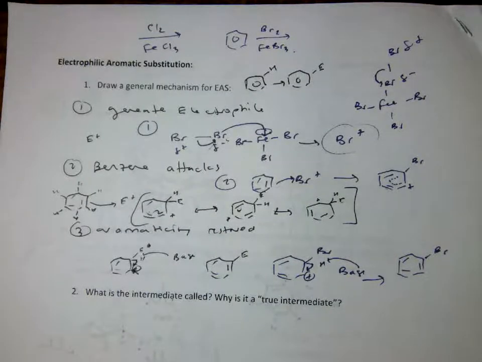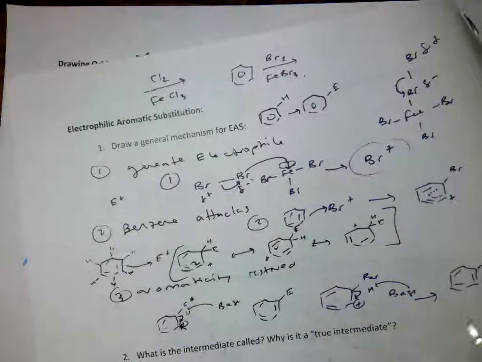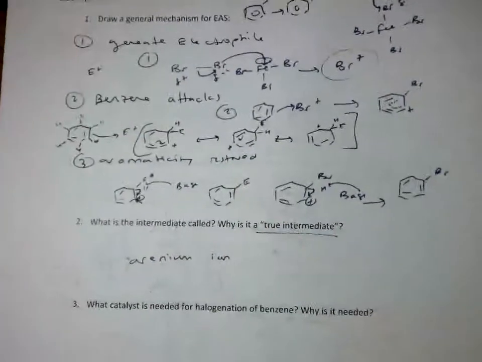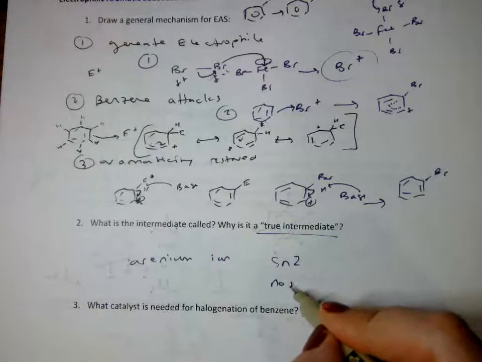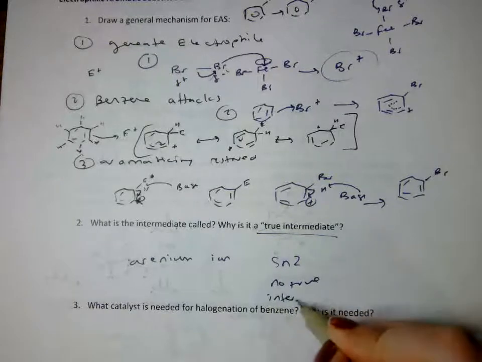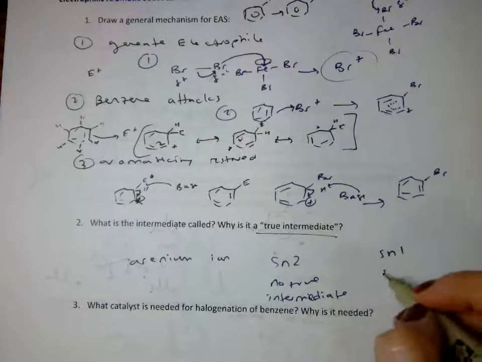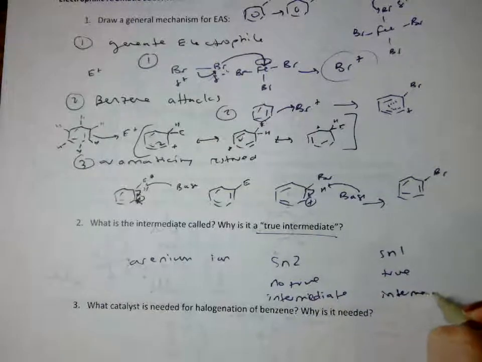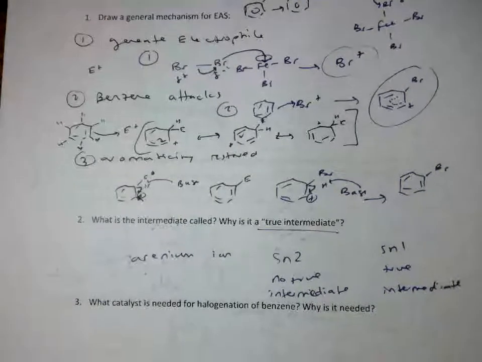Okay, that intermediate is called an arenium ion. And this is kind of a weird way to phrase this question, but what it means when it says true intermediate is like, does it actually stop or is it a transition state? So like SN2, no true intermediate, right? It just had its transition state. But SN1, we have that carbocation, which is a true intermediate. And this is very similar. You can isolate a carbocation and keep it. It's not going to last for very long. It's very reactive, but you can do it. And so technically there is a true intermediate that's this arenium